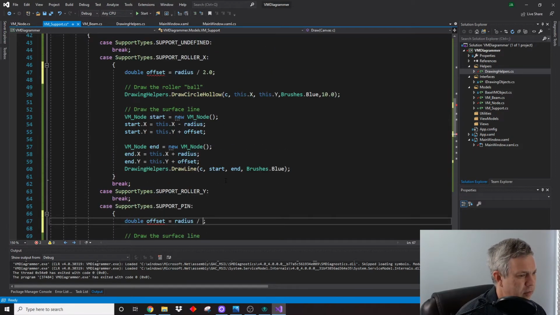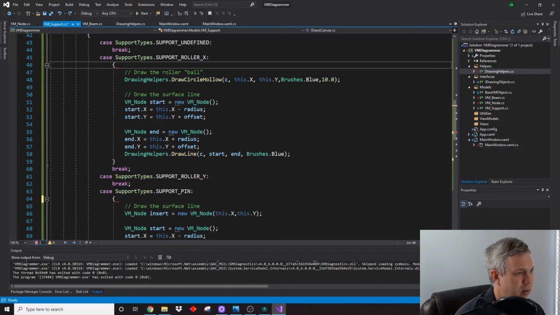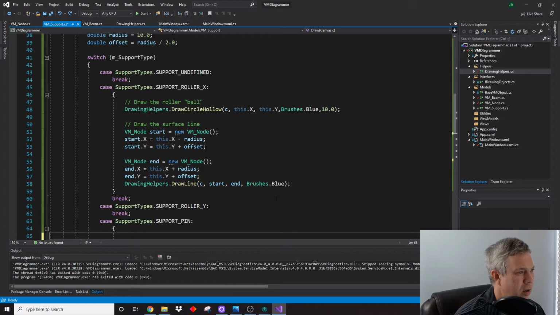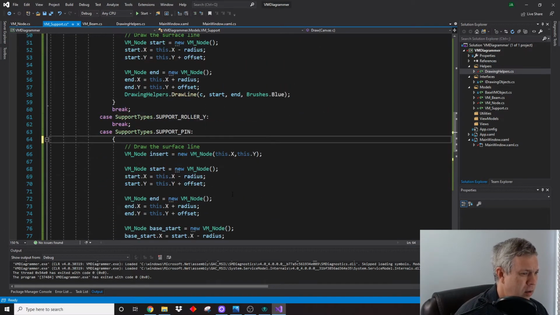Let me keep the offset value. That's kind of where you start to draw things. Don't need that. Take that out, put that back. We're undoing here. All right, I got us to there. Okay. The problem that we have